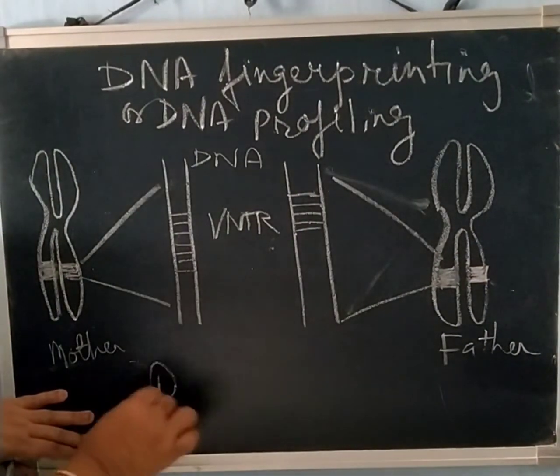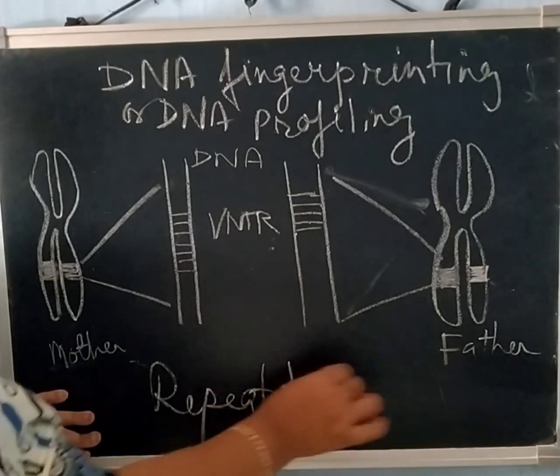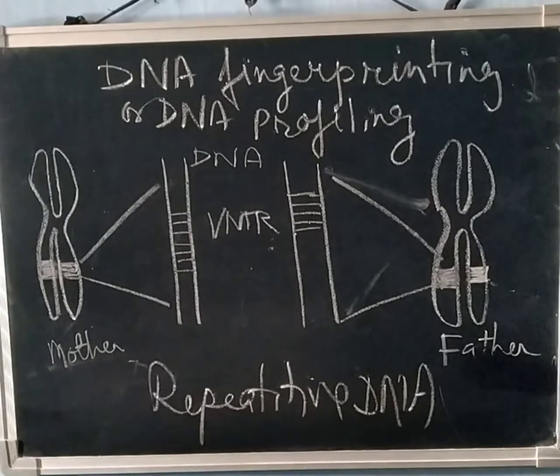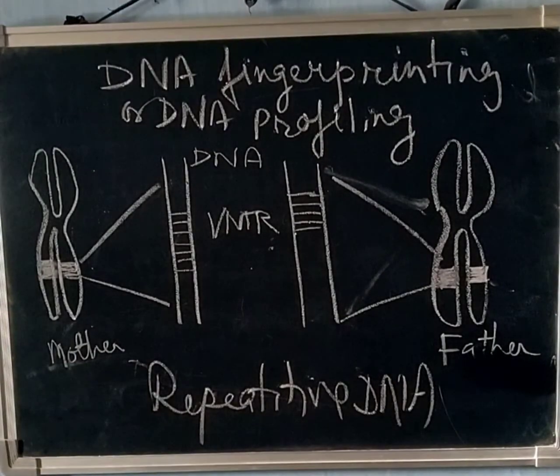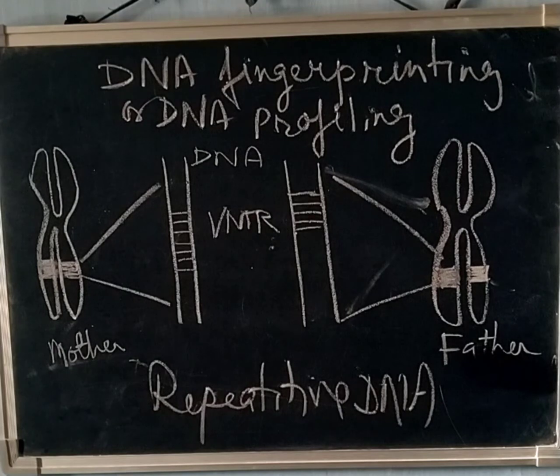That is repetitive DNA sequence. So what is repetitive DNA? It is the specific region in DNA in which a small stretch of DNA is repeated many times. Through density gradient centrifugation, this repetitive DNA is separated from the bulk genomic DNA, and bulk DNA forms a major peak during centrifugation, and other small peaks are called satellite DNA.